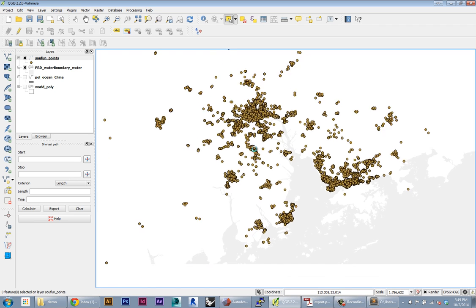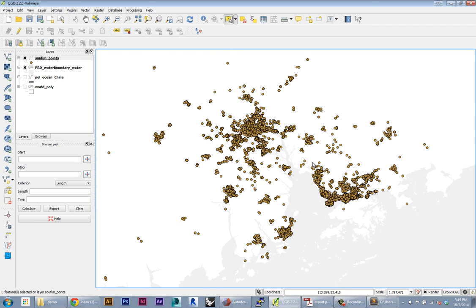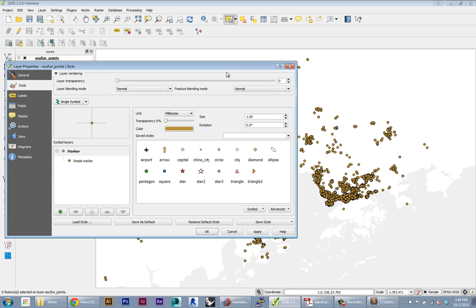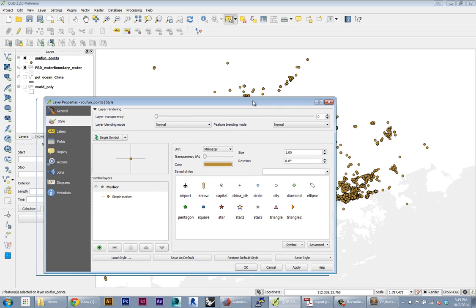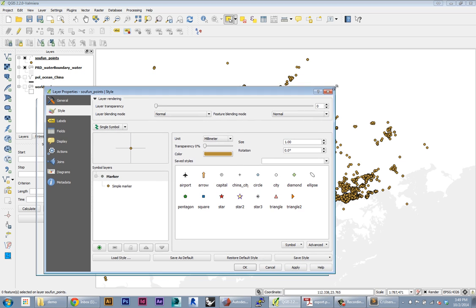Okay, so now we have these points. This is really the data we want to work with. I just want to show you a few basic point visualization ideas. A lot of times initially when we bring in data, they're going to be points. We might convert them to other types ultimately for different kinds of processing, but everything's basically going to come in